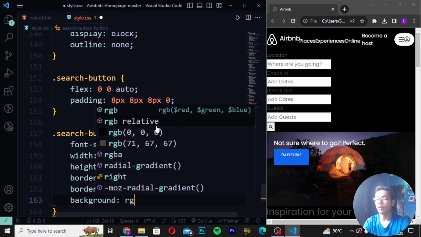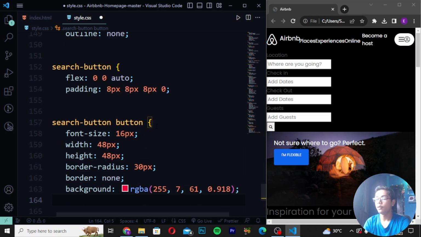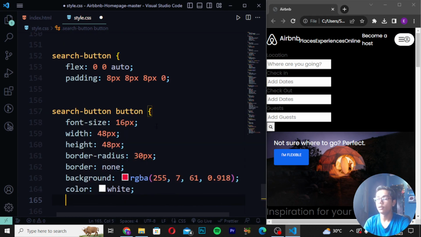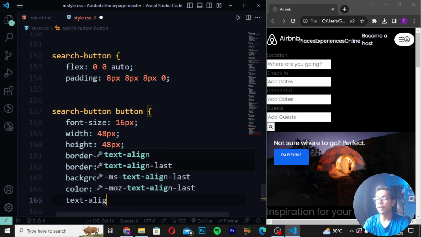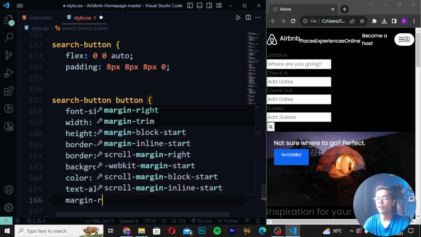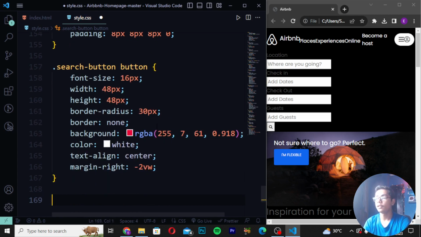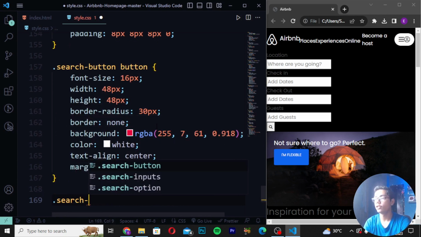Right here background RGB, and I will be now writing here 255 76 1 0.918. Then here you have to create text color white. You can also write the color code. Then I will be creating text align center. Then here I will be writing margin right minus 2 vw. So here when you just written this, move down and write here search